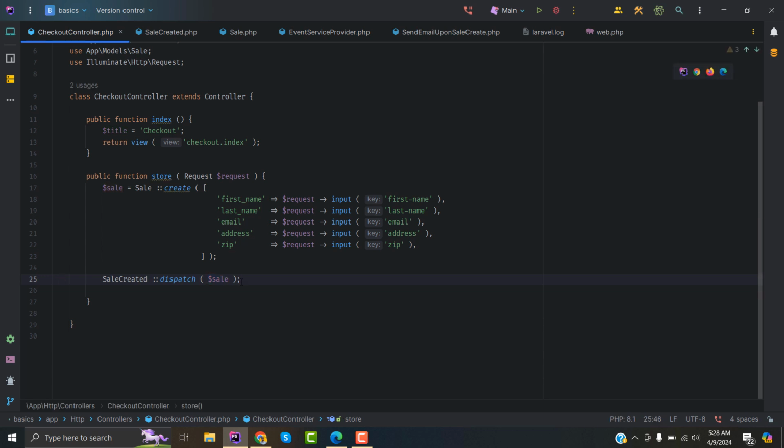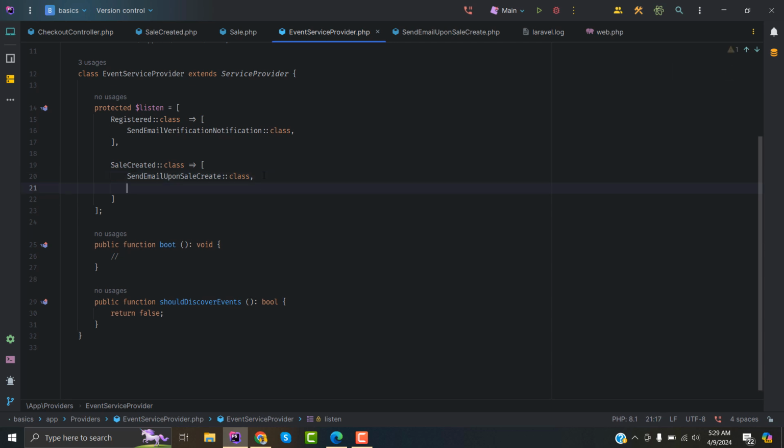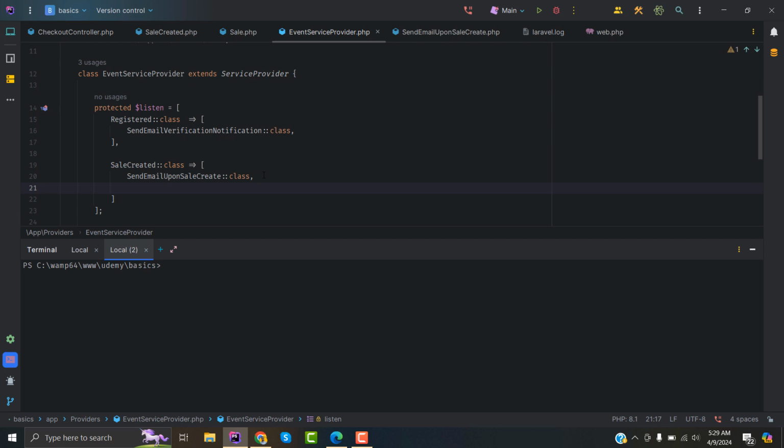But you know that we can register as many listeners as we want against an event. For instance, right now we are registering this listener, send email upon sales created. We can also register another listener by using a comma separated list and then the class of that listener as well. So let's say, for example, I create another one: php artisan make:listener,